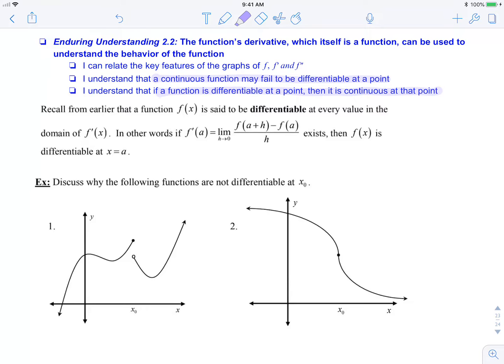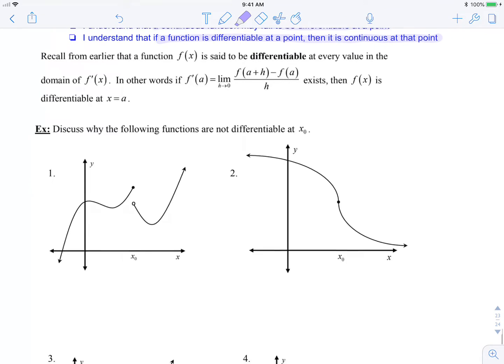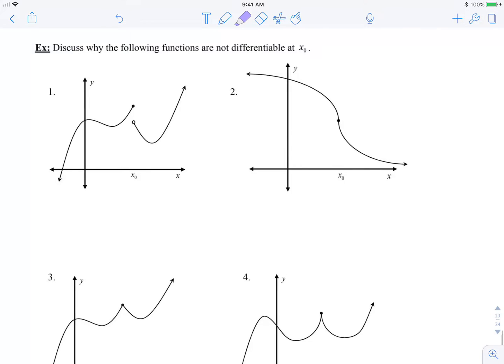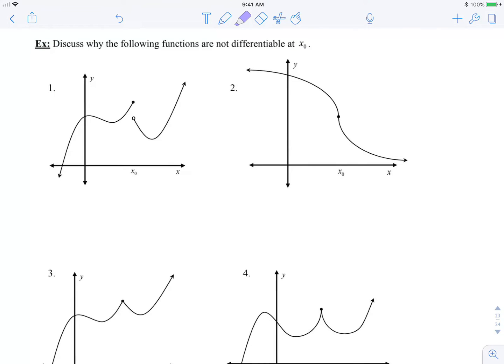So we have to think about it's differentiable if the slope of the tangent line is the same from the left and from the right side of our value. So here are four examples of functions that are not differentiable at x naught, and we want to see why it isn't. For our first example here, we can see f prime of x naught does not exist